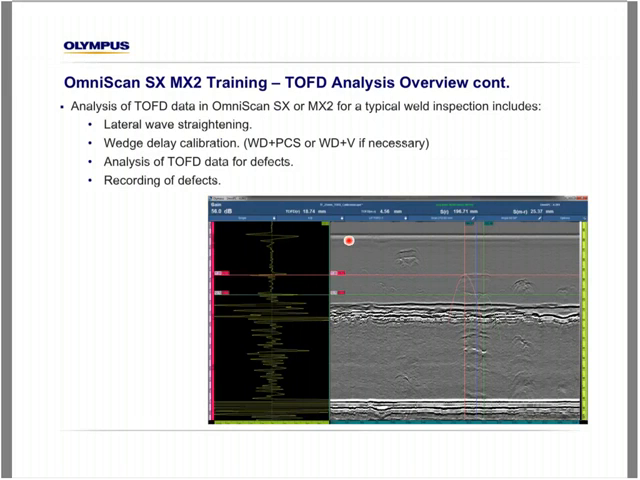Then we're going to do a single target wedge delay calibration. If we did a wedge delay in PCS on our calibration block, and the lateral wave position arrives at approximately the same time, it is only necessary to do a single point wedge delay calibration to linearize the screen. And we'll demonstrate this. We're going to do the analysis of TOFD defects, including placement of cursors, and we're going to record the defect. So I'm going to switch now to live OmniPC